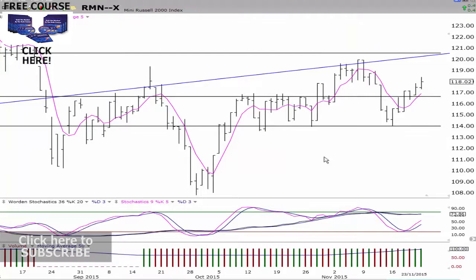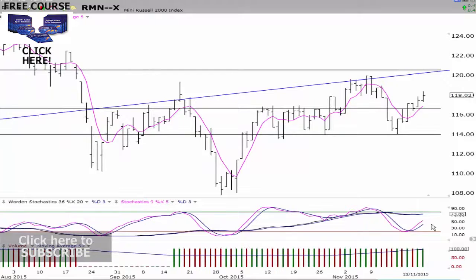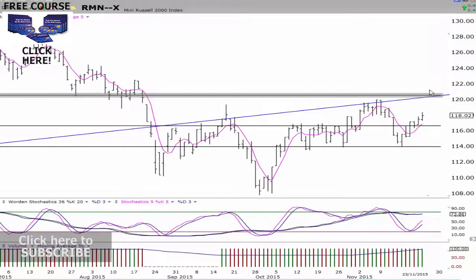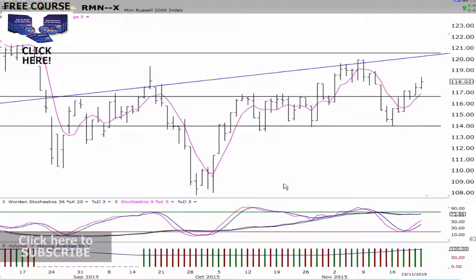Look at the Russell. We can see the stochastics is where it is right now, and we continue just to ride up with where the Russell is. Now, if you look at the Russell overall, we are actually starting to make a nice